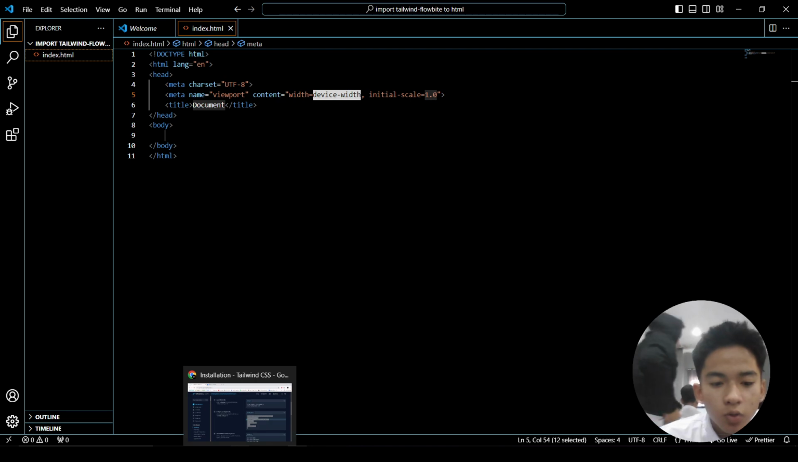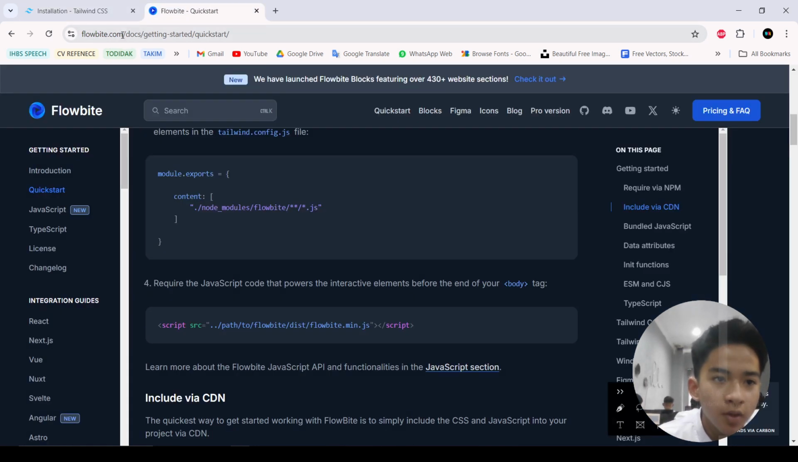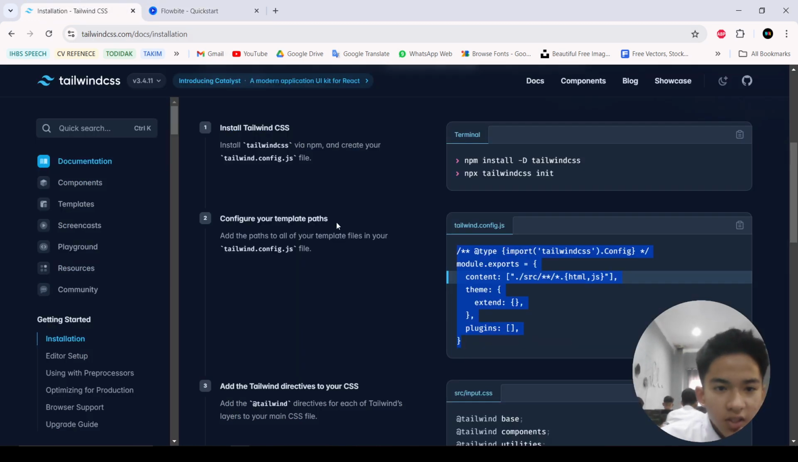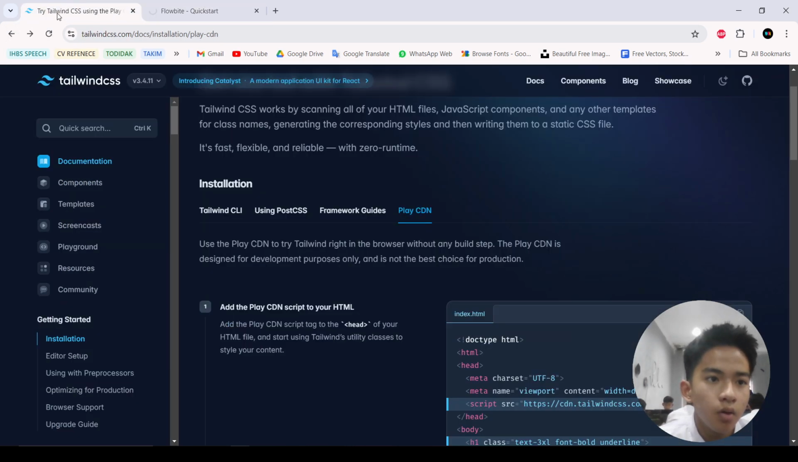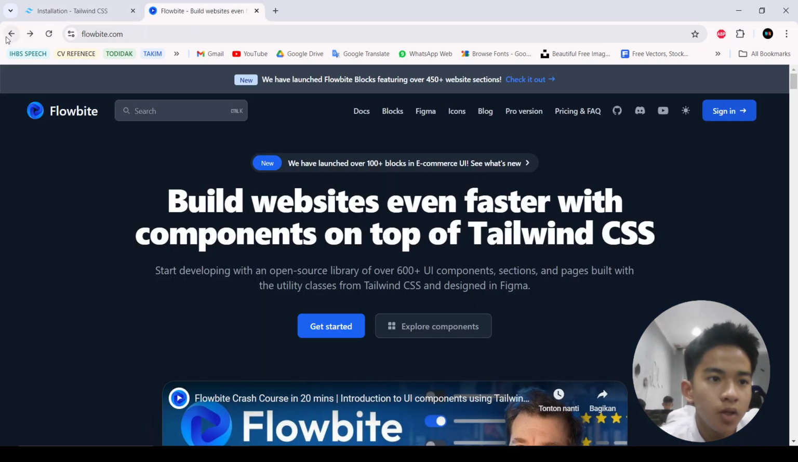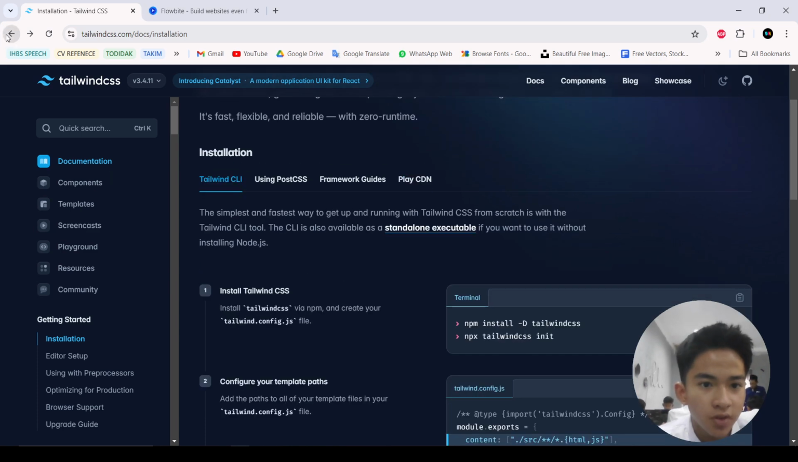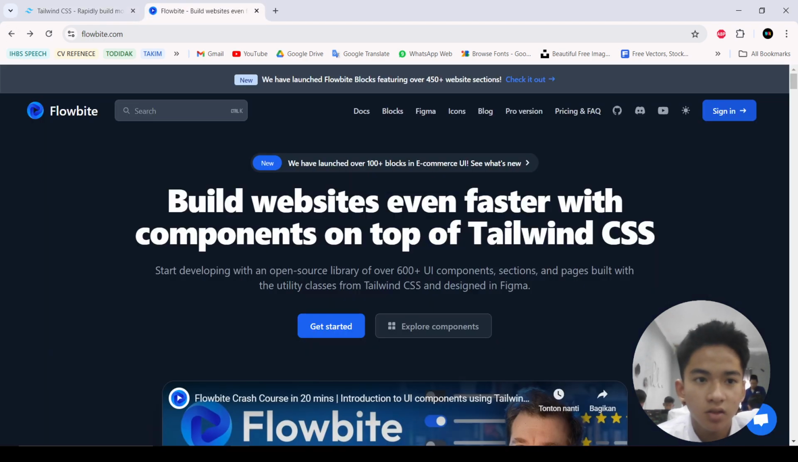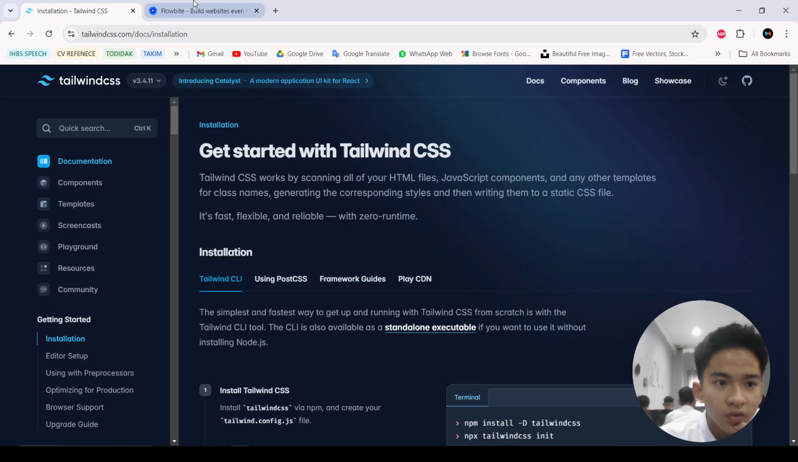open Google or any of your browser and open tailwindcss.com and also open flowbite.com. So Tailwind and Flowbite. So the first step that we need to do, when you open Tailwind and Flowbite, it will display the front page first. So something like this. Also in Flowbite. So click the Get Started button first, both in Tailwind and Flowbite,